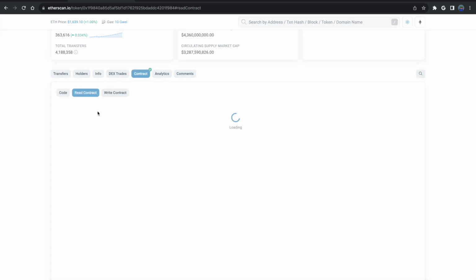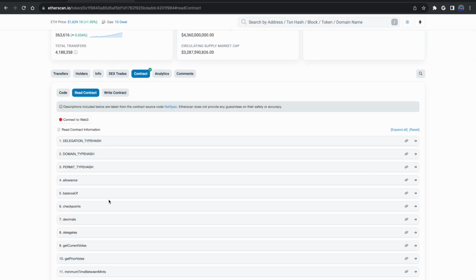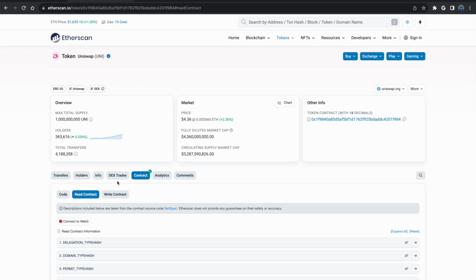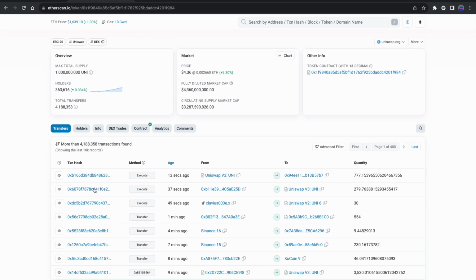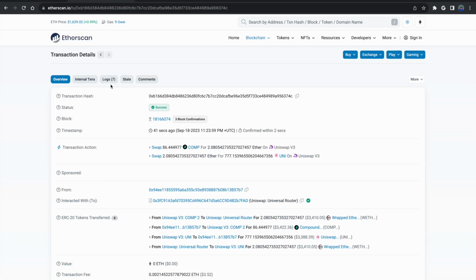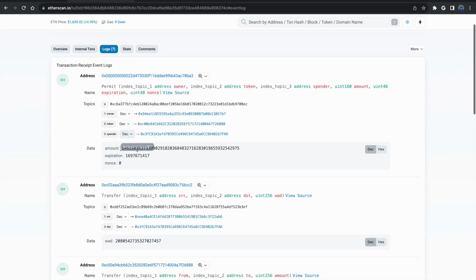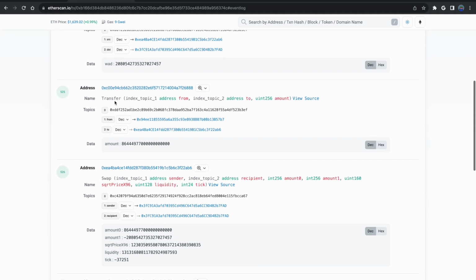And if you want to ever see what those events look like, sometimes you may have to look in a specific transaction. You have to see what happened and you have to see what logs. So these are some of the events that were emitted whenever someone interacted with a contract.